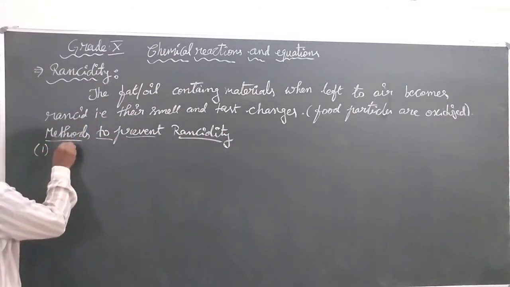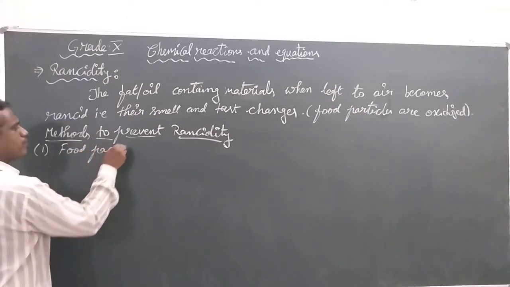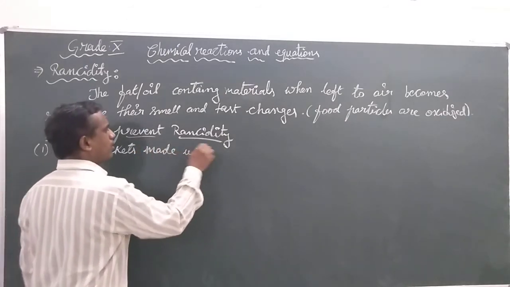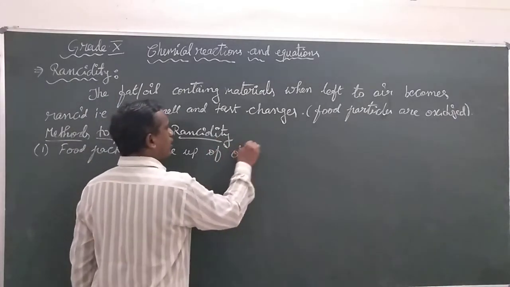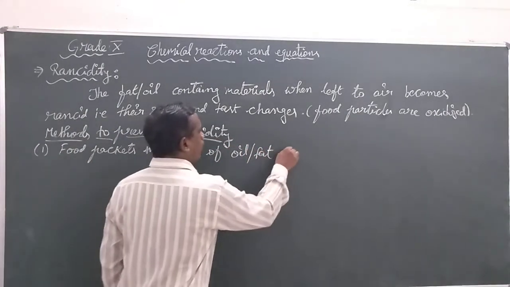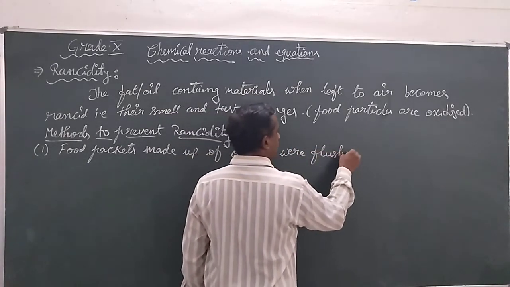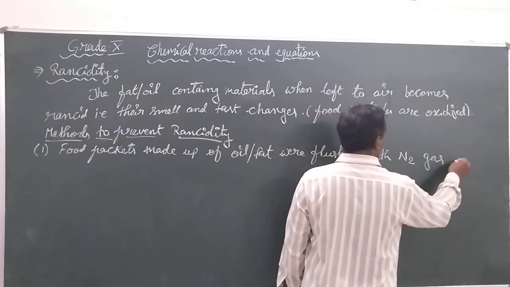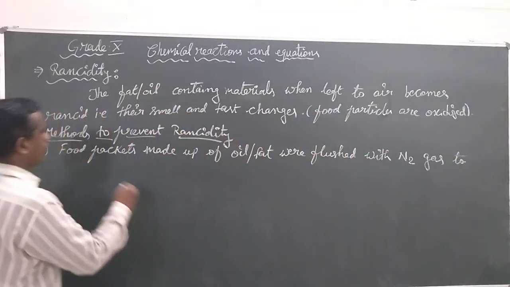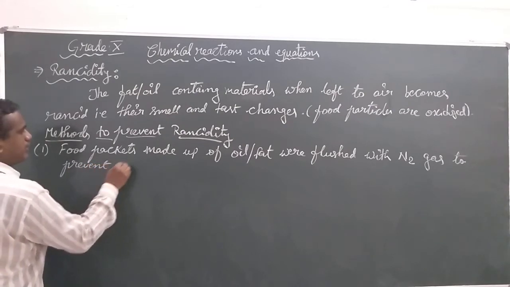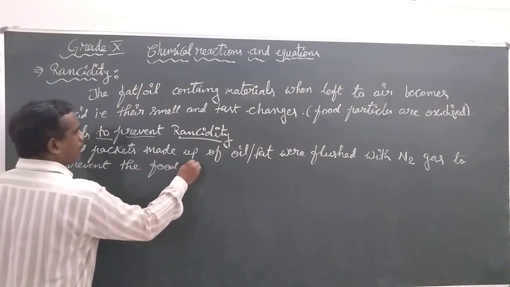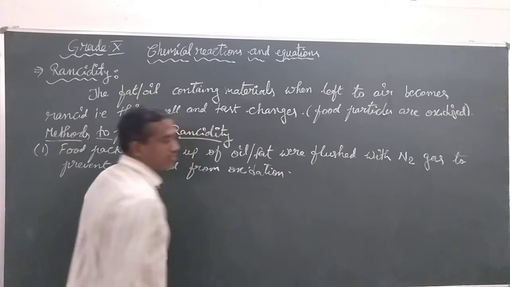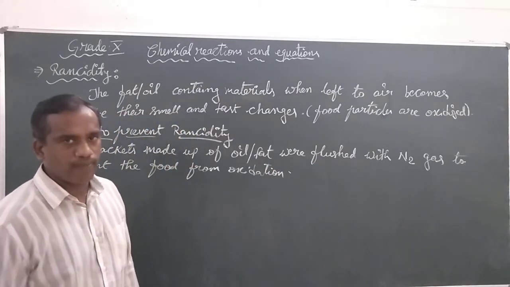The first method is food packets made up of oil or fat are flushed with nitrogen gas to prevent the food from oxidation, as nitrogen gas does not react with the air easily. Second thing,